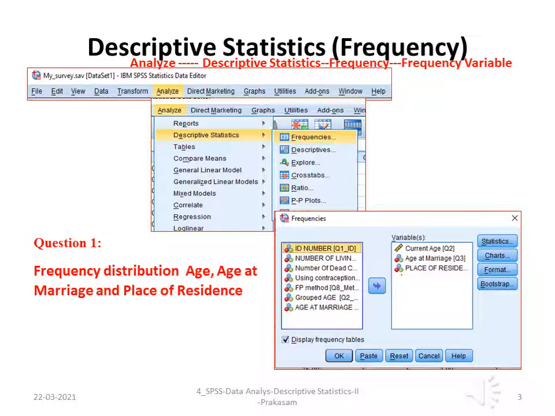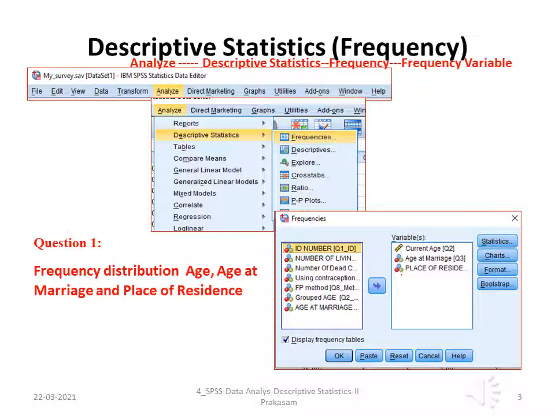On the left side you will find all the variables entered in the SPSS data view. Whatever you want to analyze, select it and click the central arrow, and it will move to the right side. Whatever is in the right side window will be analyzed, and you will get the answer from the SPSS software.